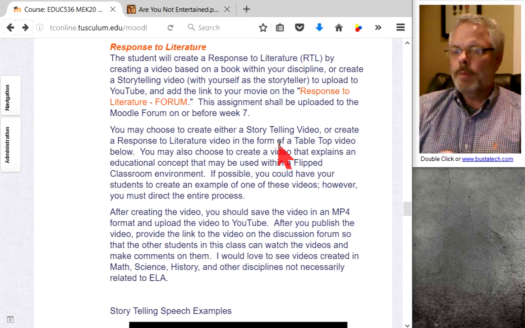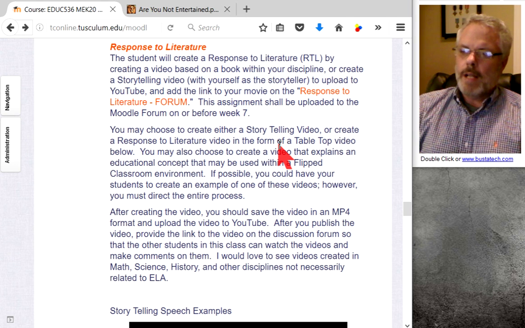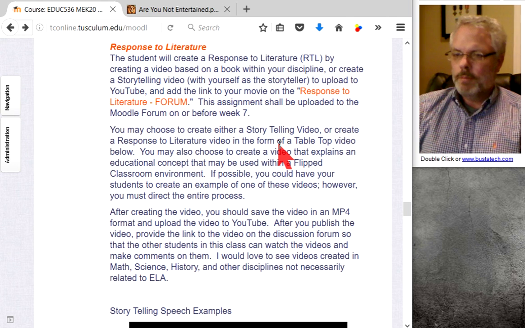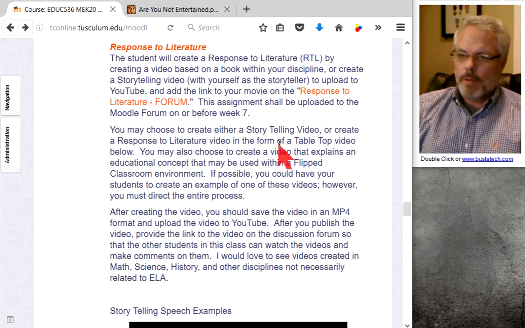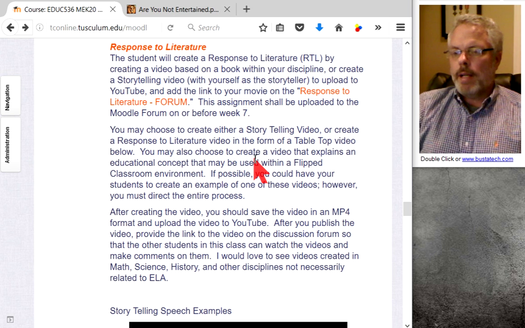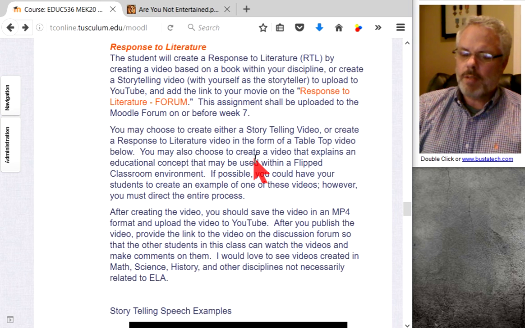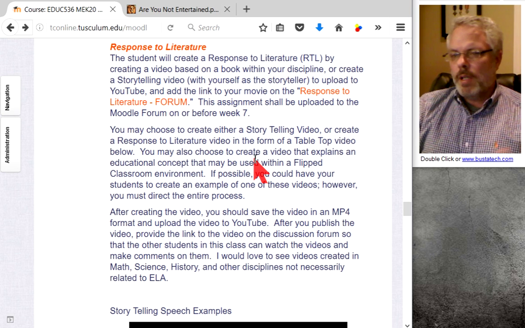Pause just a moment. I'm not looking for you reading directly from a book. I'm looking for a response to literature. And I'm sure that you as teachers, anybody can do that. Now, if you are a science teacher, respond to literature. If you're a math teacher, there are some wonderful opportunities to respond to some of the literature that's provided in math classes. And I would love to see